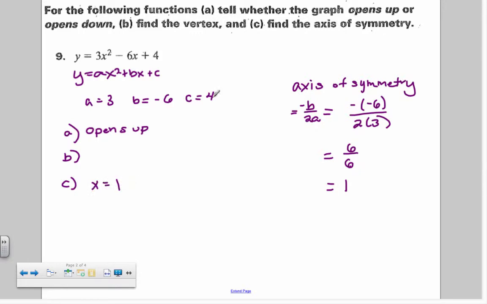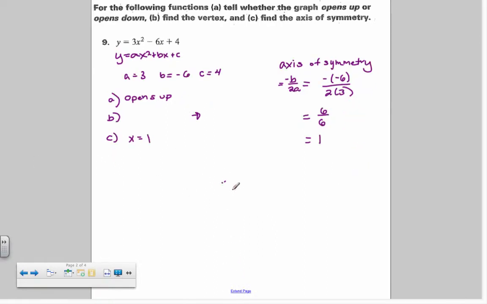Now to find the vertex, I can use this information. I know that x equals 1, and therefore I can find the vertex because I know that the x value of my vertex is 1. So I'm going to go ahead and plug x equals 1 back into the original function. So for part B, right over here, I can plug that back into the original function. In fact, maybe I might do that down here. So if I extend the page,